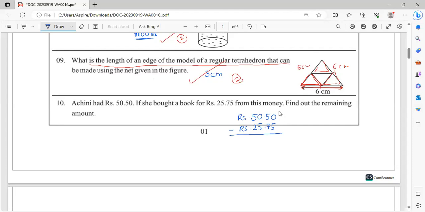5 is subtracted by 0, but we can't subtract, so we take 1 from the other place. Then it becomes 10. Now this is not 5, it is 4. Now 5 subtract by 10, it is 5. Then we can't subtract 7 by 4. Therefore, we have to take 1 from the other side. Then 7 is subtracted by